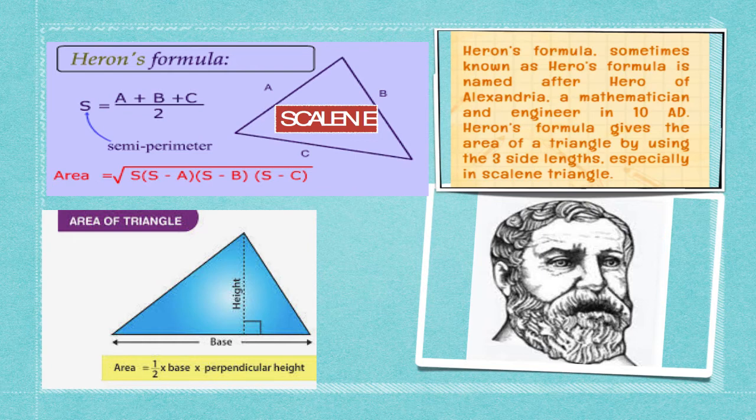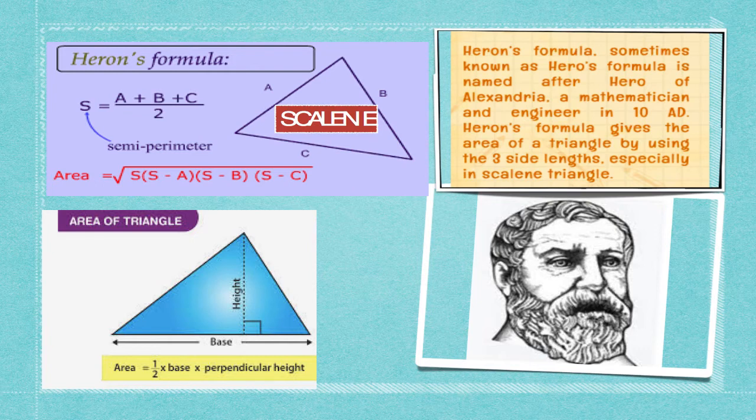And how do you calculate the perimeter of a triangle? Perimeter of the triangle is equal to A plus B plus C. So when we are talking about semi-perimeter, we will do half of the perimeter. So what will I write? A plus B plus C divided by 2. Half means dividing the value by 2. So this is the semi-perimeter. When you are given the sides of the triangle, you can very easily find the semi-perimeter, and so you can calculate the area of the triangle.